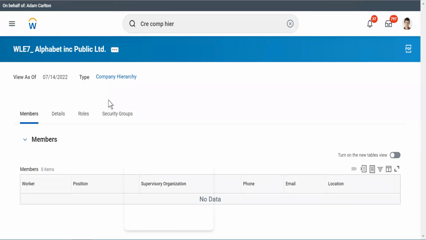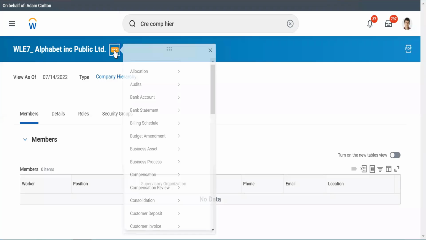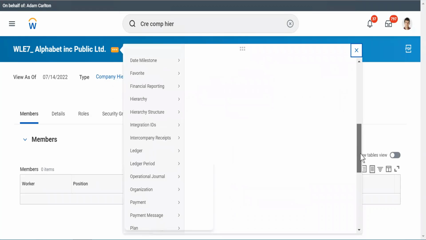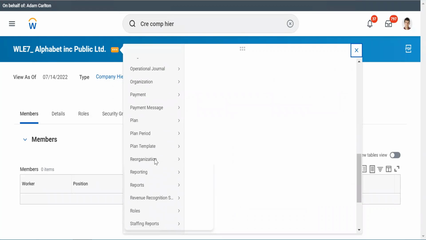I'll do the same thing. What did I do for cost center hierarchy? On same click actions, go to reorganization.